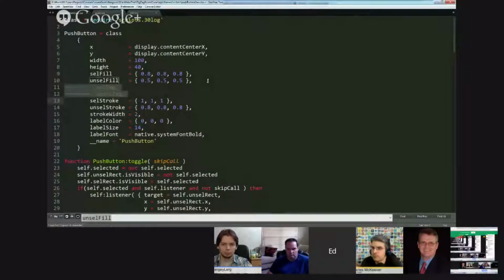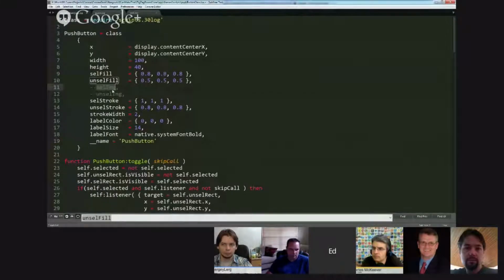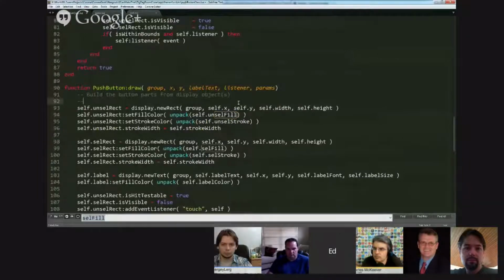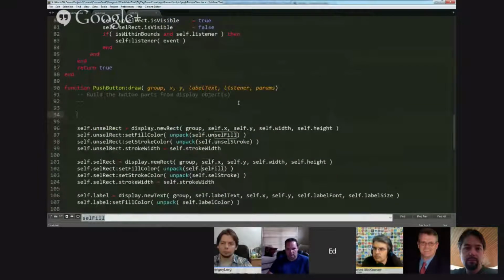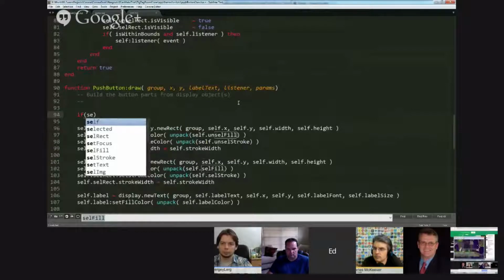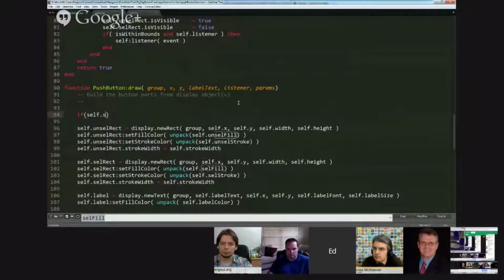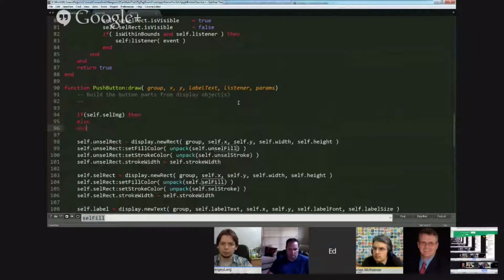Right. And so these are just reminders for me that if supplied, what I'm saying here is I want the code to use the image file and not use a fill color. So then let's find the cell example, and I'll show you how to do this. What you would do, you'd say if self cell image and else. Before I put any code in here, what this is doing